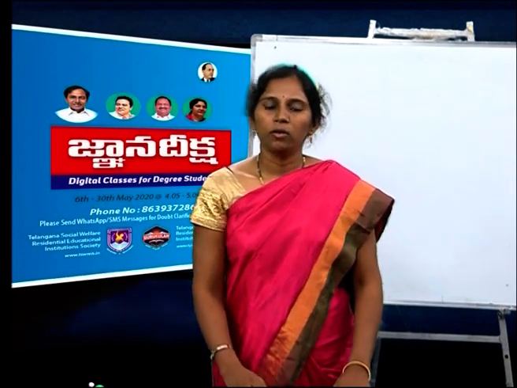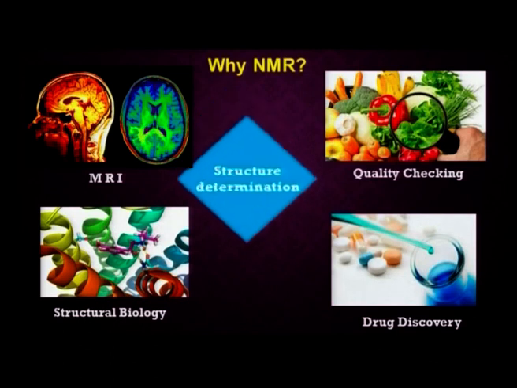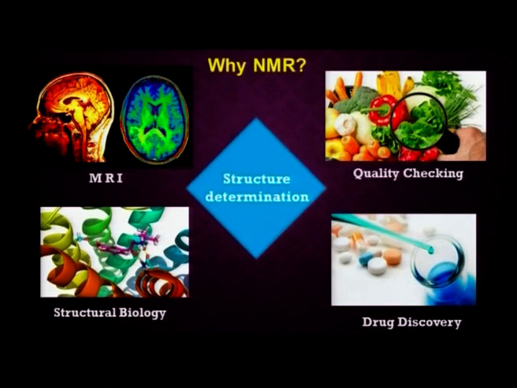Dear students, look at the slide. The Proton NMR is meant for structural determination, and this Proton NMR technique is used in magnetic resonance imaging, which is popularly called the MRI scan. And Proton NMR is also used in quality checking in food material, structural biology, and widely used in the drug discovery